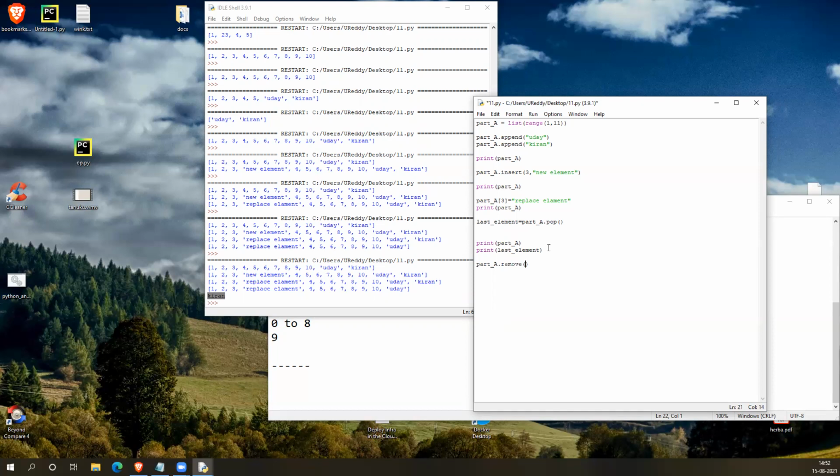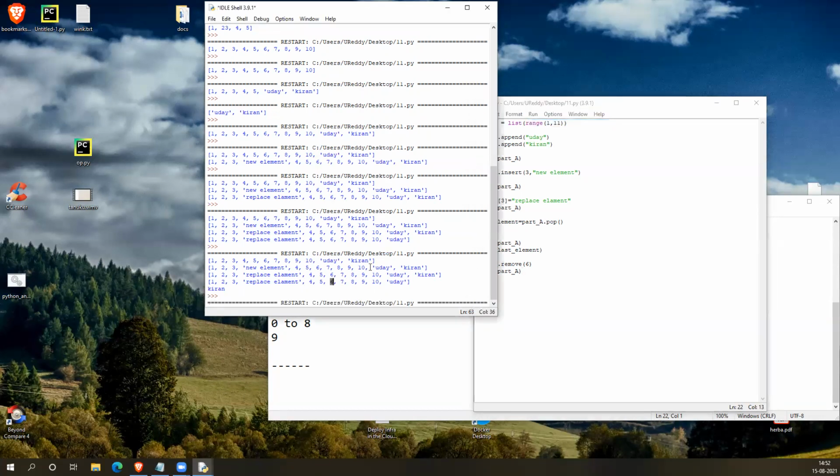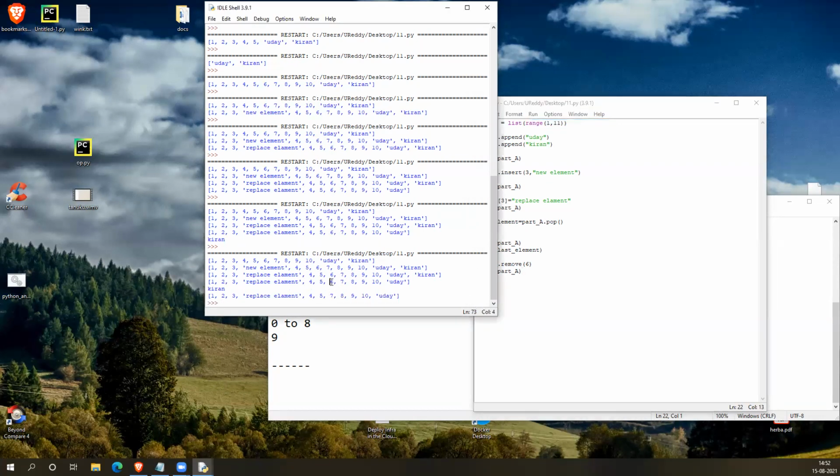Let's say I want to remove this 6. When I run that, see what happens. Print here. This 6 is removed. It is actually looking for that particular value, not at that index. Understood?